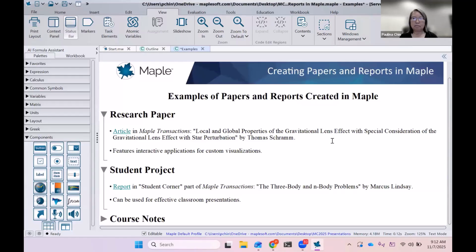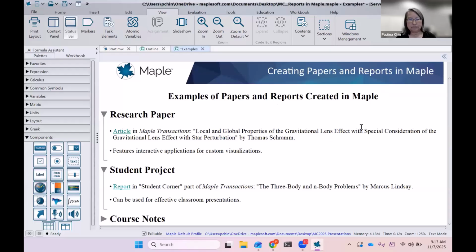We're happy to accept student projects or even very short papers, short communications. We've had instructors say, I showed this really interesting example in my classroom to illustrate this mathematical topic. And it could be a very short communication, but if it's interesting to the Maple community, to certain members of the Maple community, then we would love to have it in